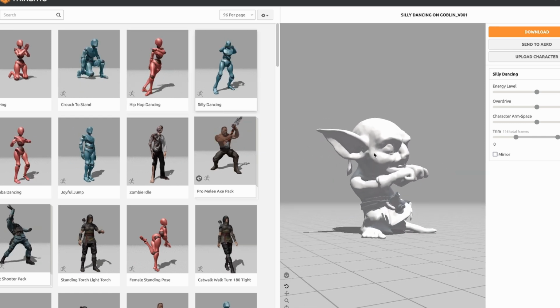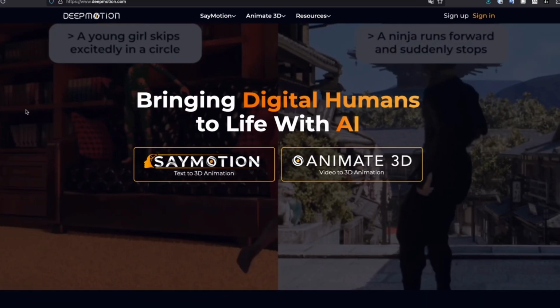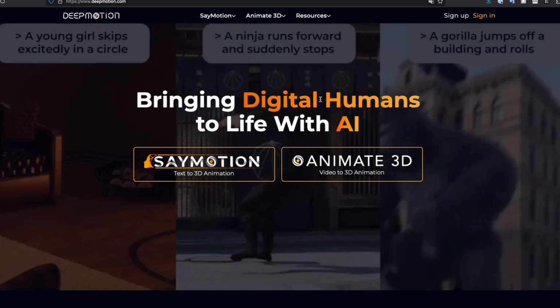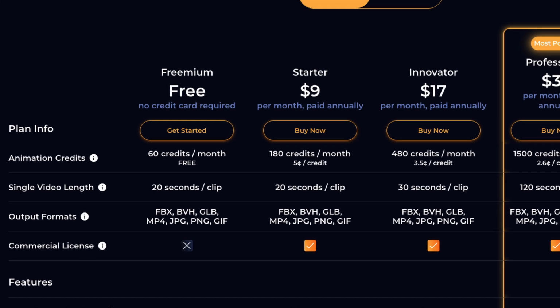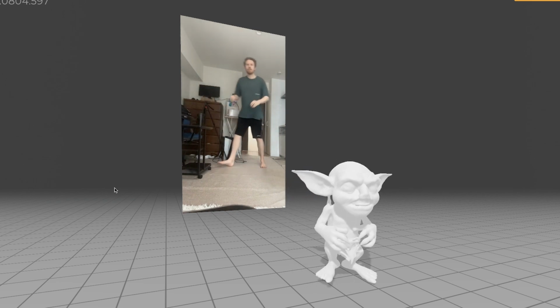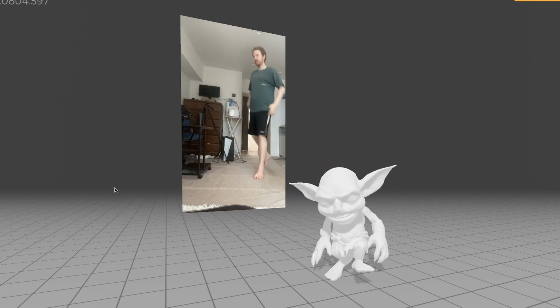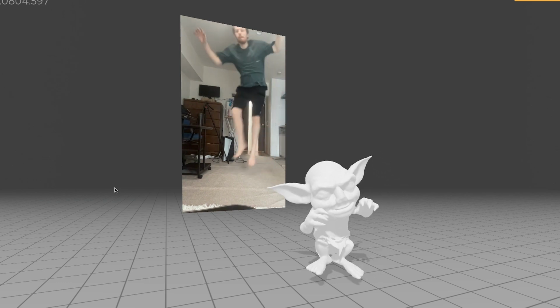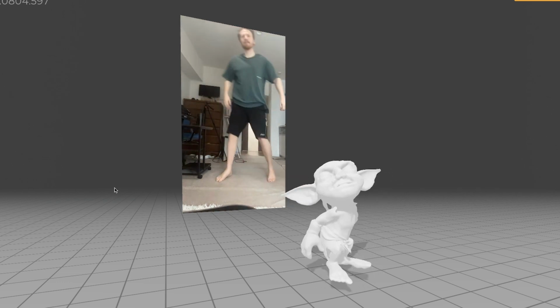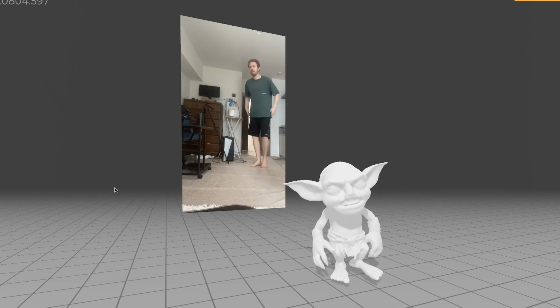However, I don't want to use any pre-made animations, and I want to make my animations from scratch. And for that I'm using DeepMotion, which comes with a free plan, and I think that should be enough for our use case. And the animation looks, well, not too good. And I think that might be because of my apartment being too messy and small. So it's harder for DeepMotion to capture my movements in the video, but I wanted to try the worst case scenario and see how well DeepMotion does. And honestly, I think this is good enough for our test.